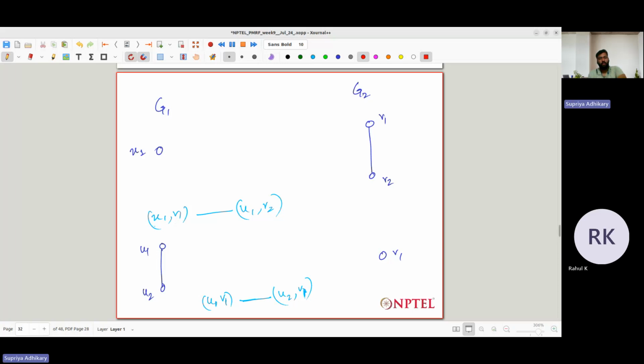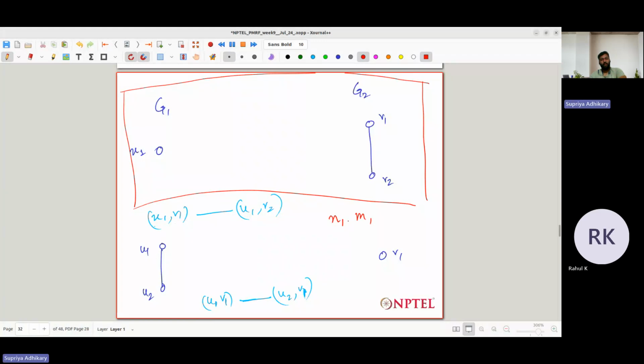So how many edges will be constructed using this kind of construction, that is, one vertex from G1 and one edge from G2? That should be the number of vertices in G1 multiplied by the number of edges in G2. And similarly, given one edge in G1 and given one vertex in G2, we can construct one edge, and using this logic, we can construct a total number of